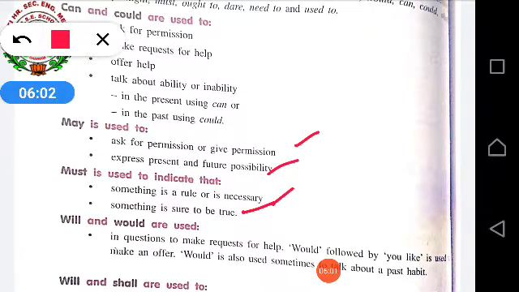And would is every time followed by you like. Would you like to have coffee? That means we are offering coffee. Or we are using would sometimes to talk about the past. When we are talking about the past tense, at that time also we are using would. Okay, so the next one is